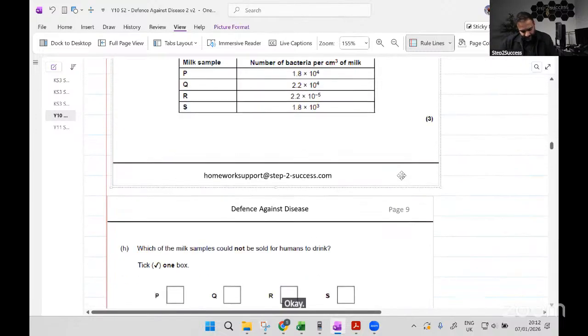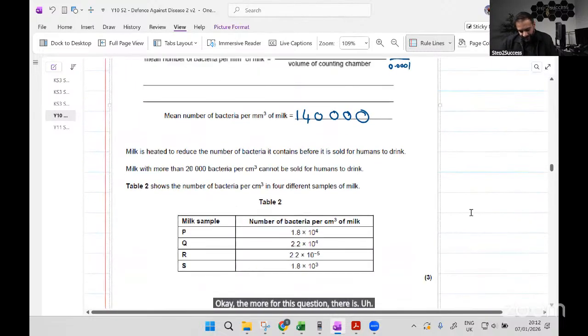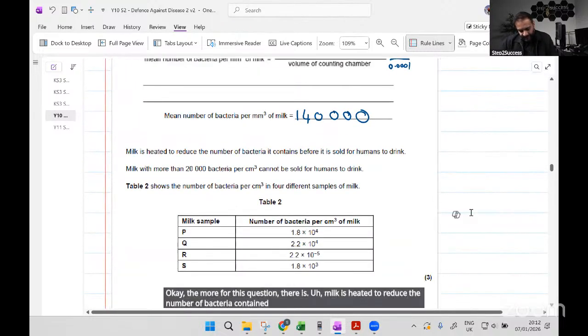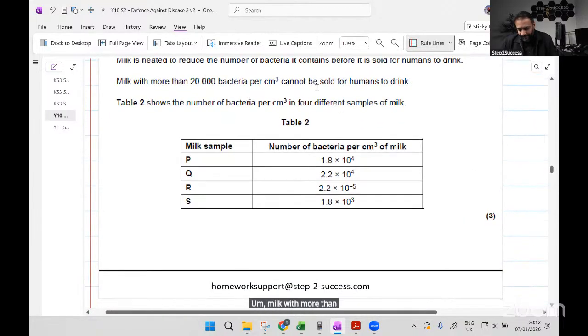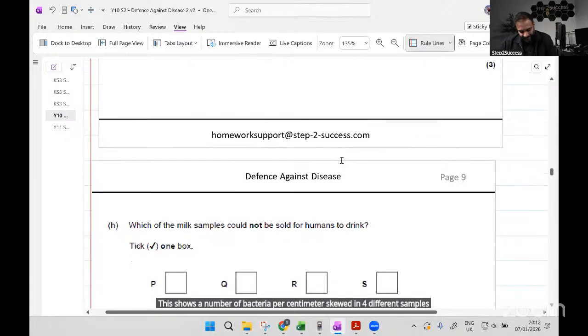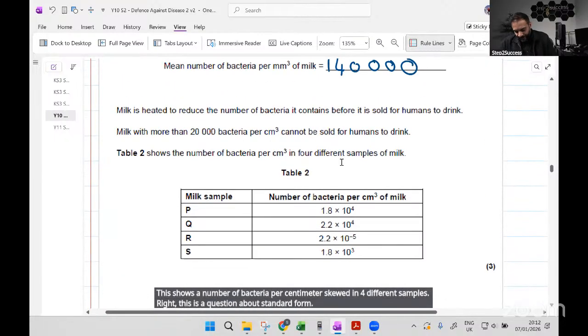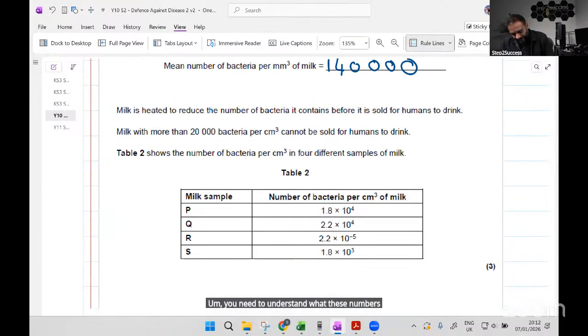Okay, there's more for this question. Milk is heated to reduce the number of bacteria it contains before it's sold for humans to drink. Milk with more than 20,000 bacteria cannot be sold for humans to drink. This shows the number of bacteria per centimeter cubed in four different samples. Right, this is a question about standard form. You need to understand what these numbers actually are. So this number, for example, is